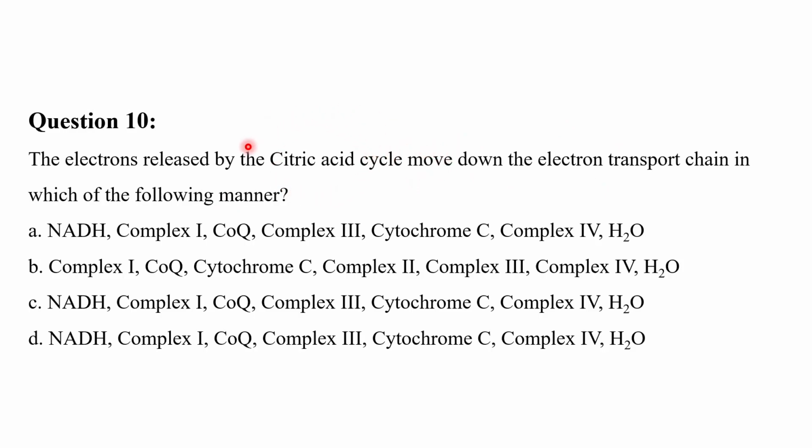Certain electrons are released from the citric acid cycle, and all those electrons move down the electron transport chain, ultimately resulting in ATP synthesis. So we have to see the sequence, as there are certain complexes. I have told you about